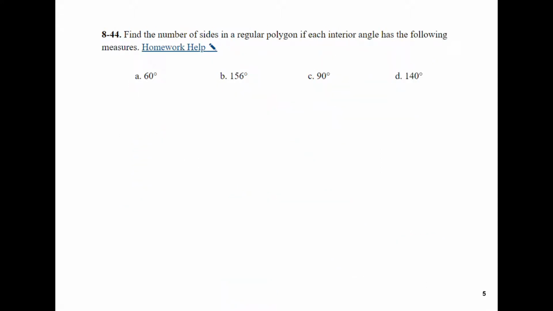8-44 says find the number of sides in a regular polygon if each interior angle has the following measure. So if we have an interior measure of 60 degrees, remember the exterior of our polygon is equal to 360. So 360 divided by 60 tells us that we have approximately 3 sides to our regular polygon. If we have an interior angle of 156,